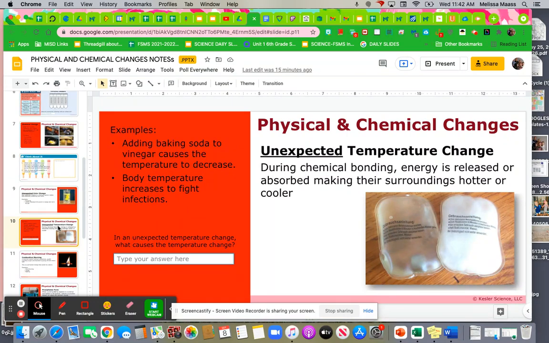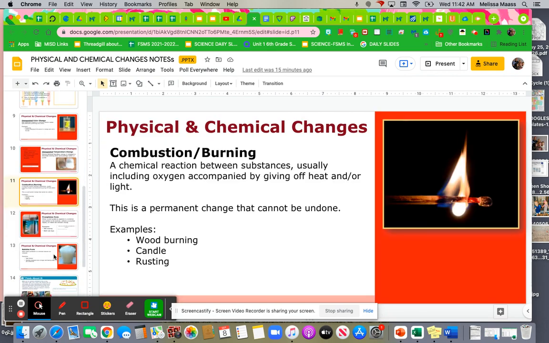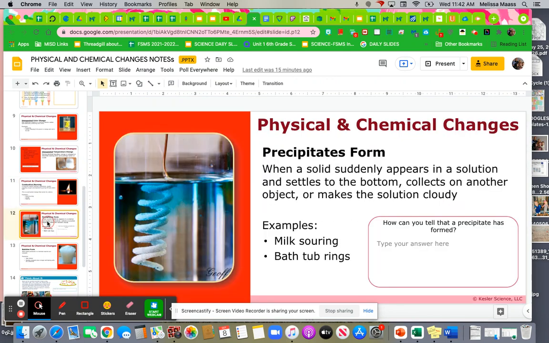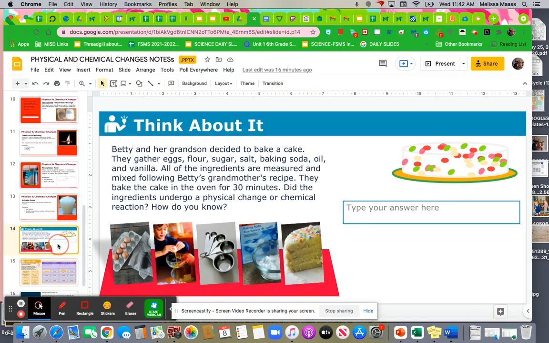Let's see what else. Combustion. It's not going to be a flame per se, but you're still going to have that oven with the heat. Precipitate. We don't really have that in there, but we have enough. We're making a solid pretty much from the liquids, but you can tell we have enough going on with our pieces of evidence that will tell you that baking something is always going to be a chemical change,